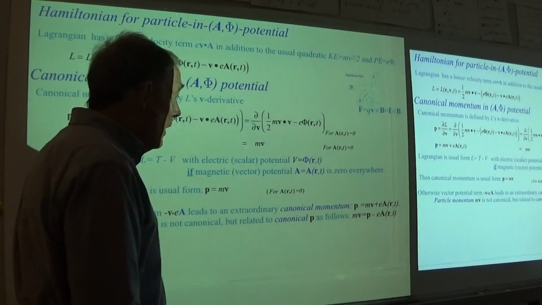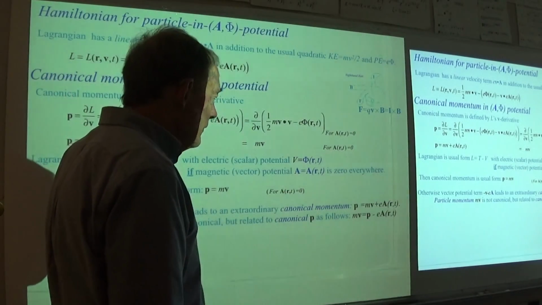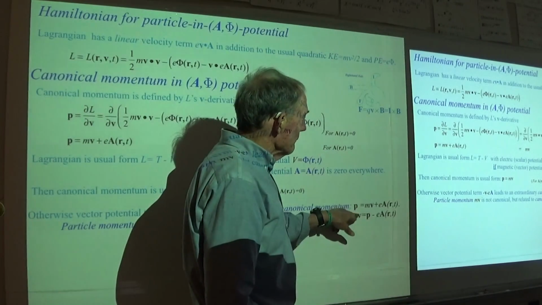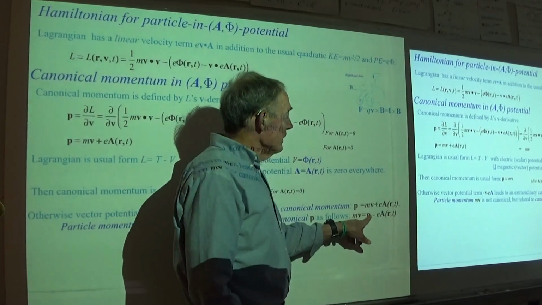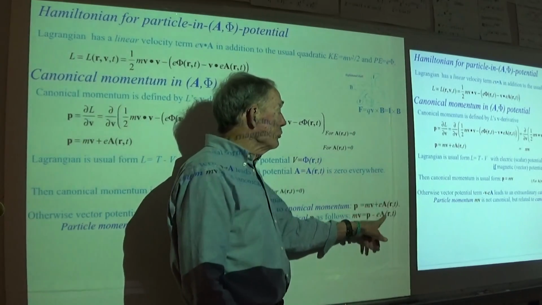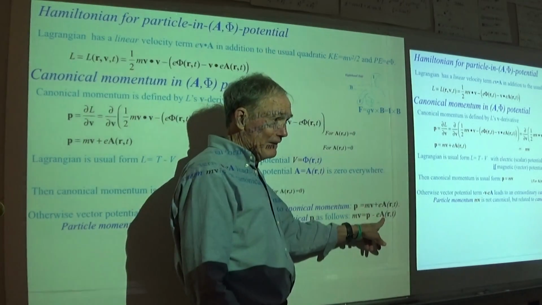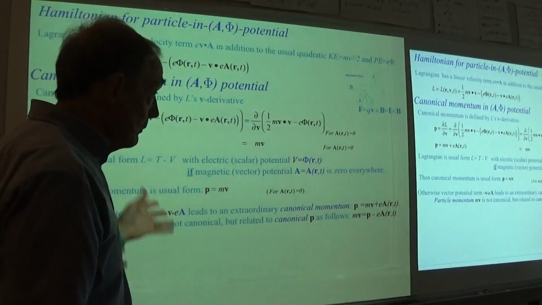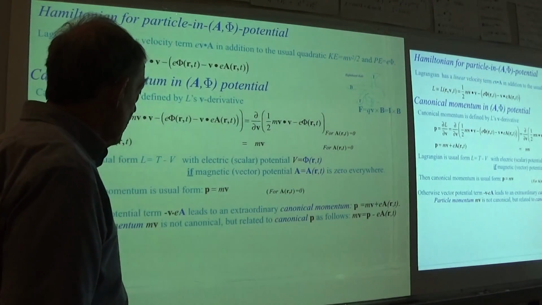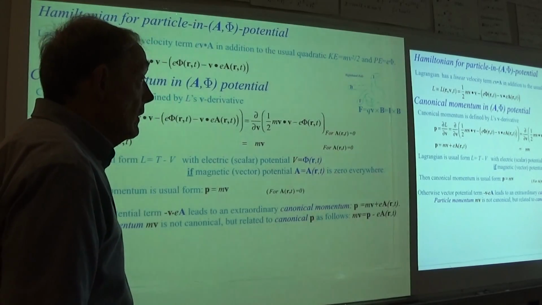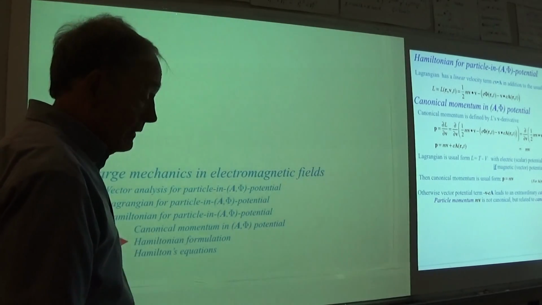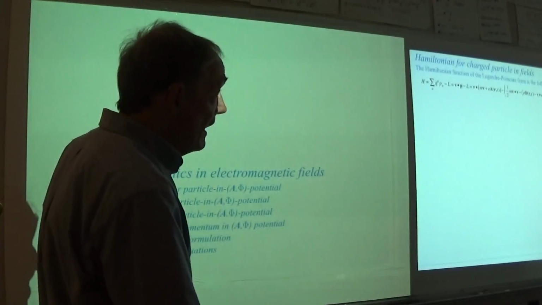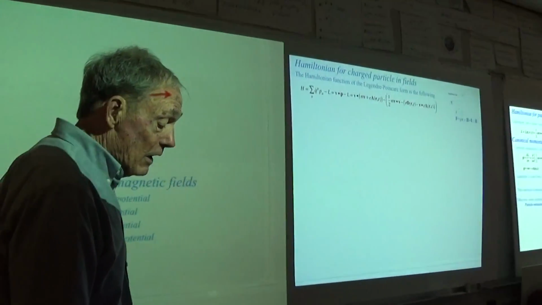Okay, now, I'm going to go ahead and solve that and say, well, if you want the particle momentum, that's the particle momentum, no question about that. Then you take the canonical momentum and you subtract the A. That's just the arithmetic that this is giving. So that's what we're going to have to do to make a Hamiltonian. In order to make a Hamiltonian, we're going to have to stick that into the Lagrangian